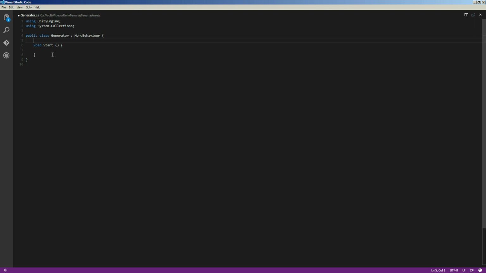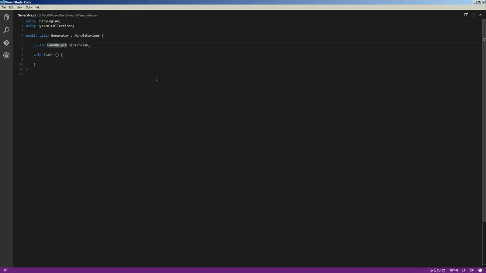Alright, so what I just did is I just removed some of the clutter that we're not going to be using, just some of the comments and the update method. So up here I'm going to create a variable. I'm going to call it public GameObject dirtPrefab. And that's going to be our dirt. And notice I made it public, which is kind of a big deal because that means that it can be